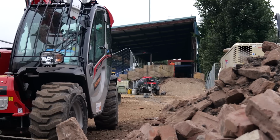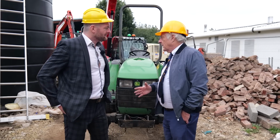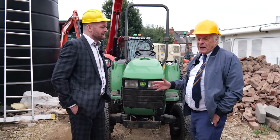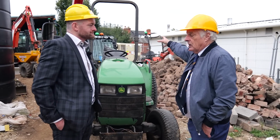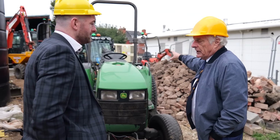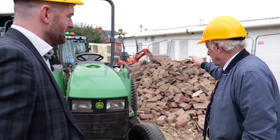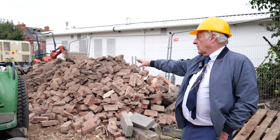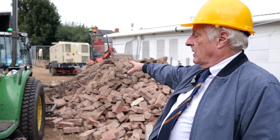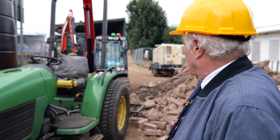So we're pretty much level with the goal line here, aren't we? Yes, on the Bishop Street side of the stadium. What's been taking place here? Well, the first thing we had to do, because people won't remember now it's gone, but what was here was a big bank with some fairly big trees on it. And that took a lot of getting out because we had some huge stumps that had to come out first. If you take a shot here, you'll see what I'm talking about. This bank was as high as the stand before. Okay, so that's come out